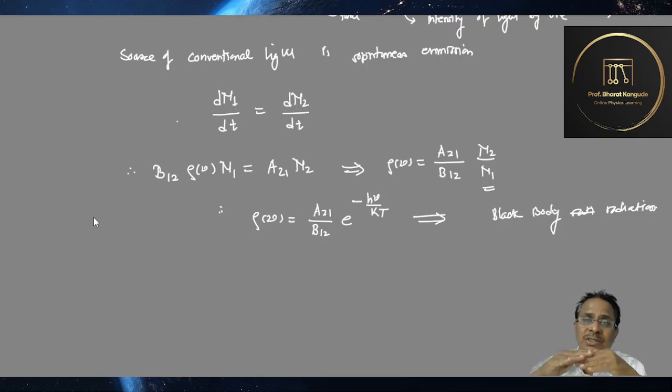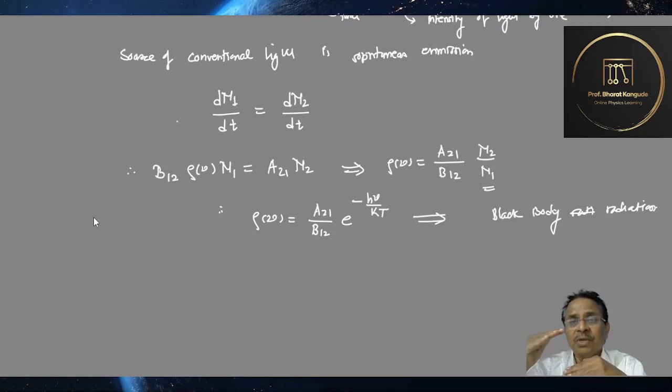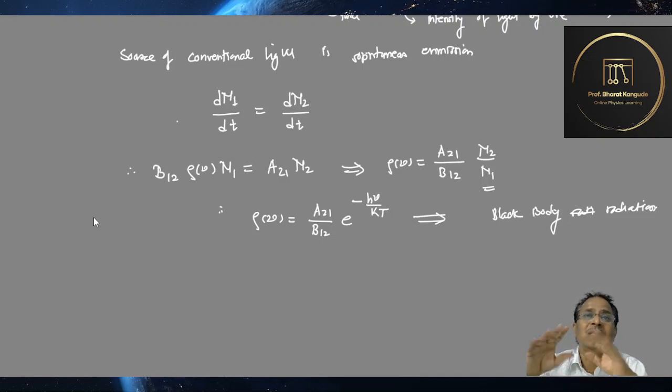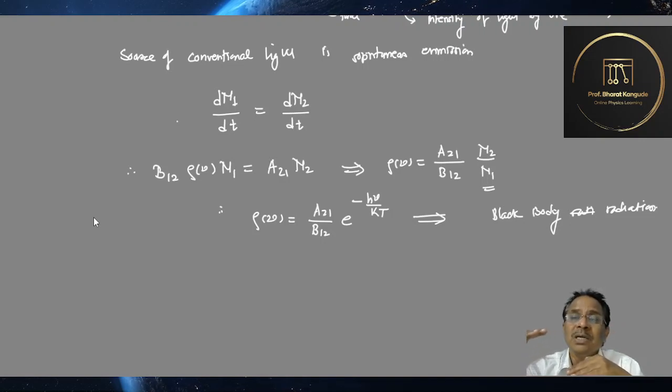Now what is this situation scheme here? We have to raise as many atoms as possible from the lower state to the higher state, and we do not allow them to come down spontaneously. If they come down spontaneously, then ordinary radiation will again be emitted by that particular material. Somehow these atoms are to be compelled to remain in some stable state as compared to this unstable state, that is called a metastable state. And once this is done,